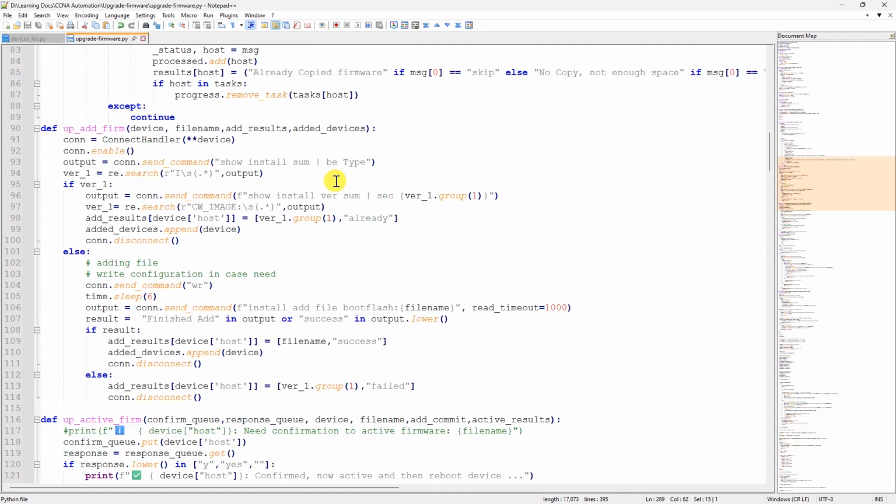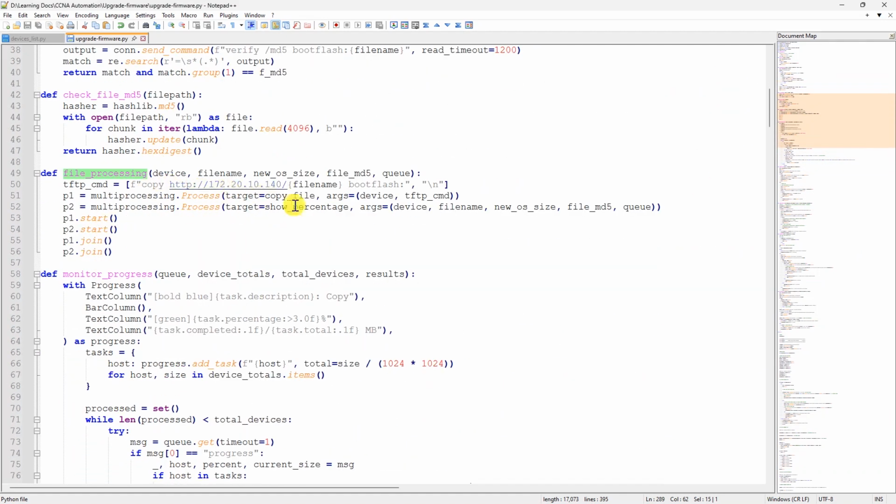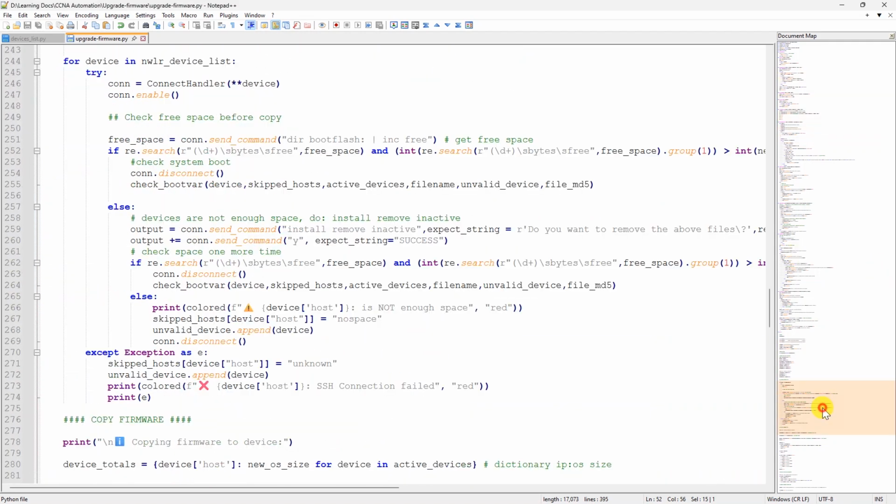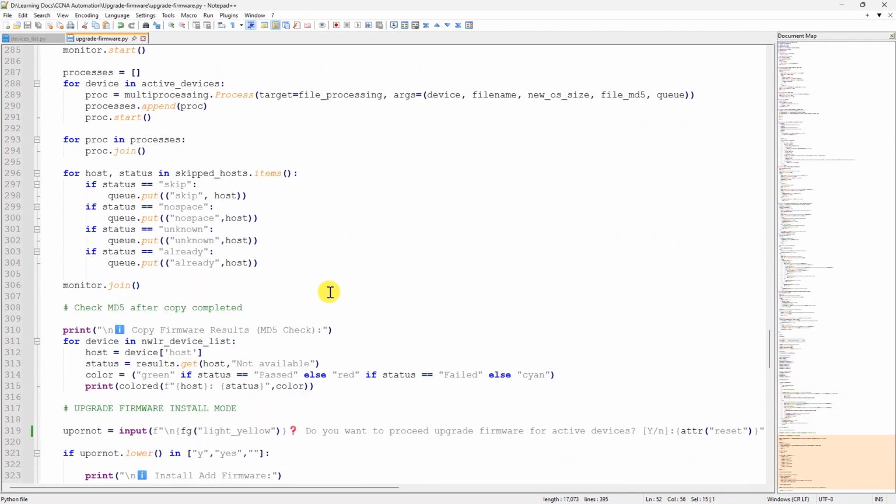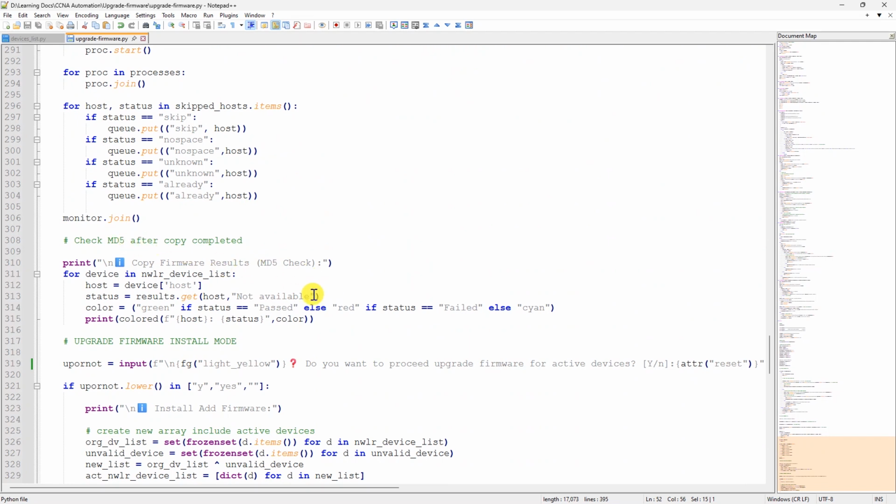Okay. In my file process, I use copy HTTP and point to my file name, and copy to the boot flash of the device, and I call two multiple processes. Two processes for each device, one to copy the file and one to show the percentage. So the percentage helps me show how many percent of the copy is complete and how much remains, and after the copy completes, I need to verify MD5 and show the result for the user,